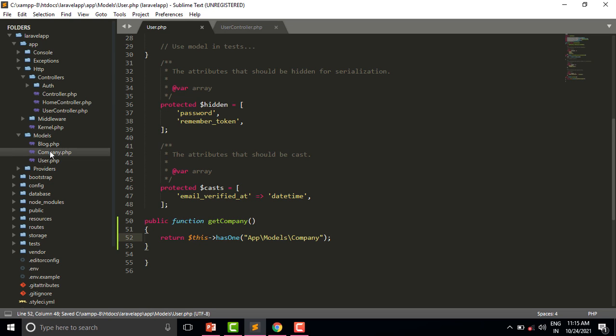You can see this one. So let us copy this function.